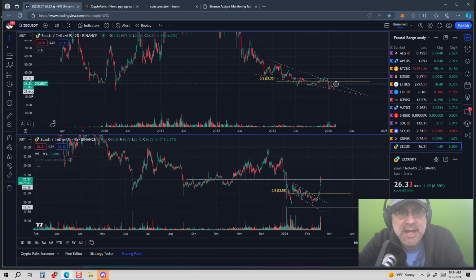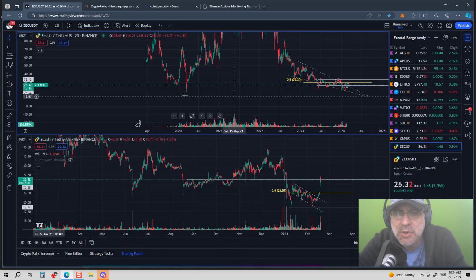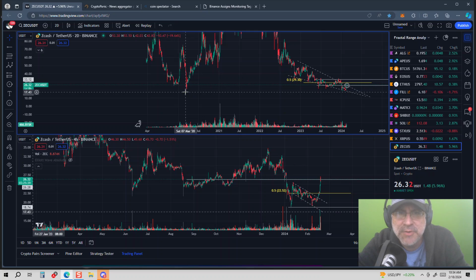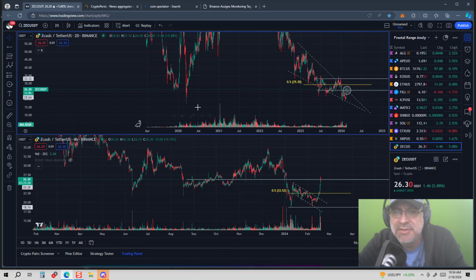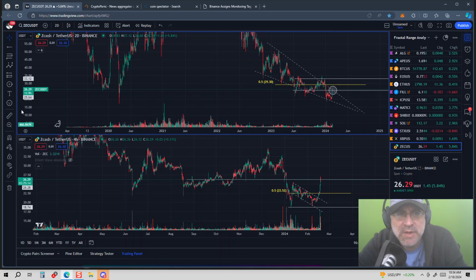Now on the 2-day, on the macro, we see this prior low. This is the deepest it's gone, back in March of 2020. Recently it mitigated this low point, a few days ago on January 7th, and that was the lowest. It was a macro mitigation point, and from there we've had a little rally.